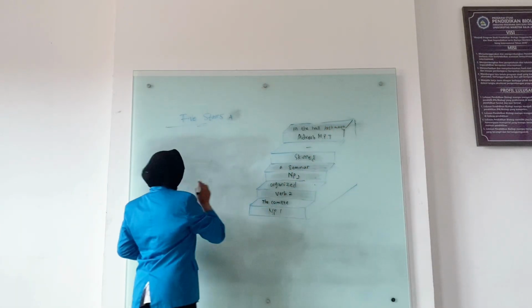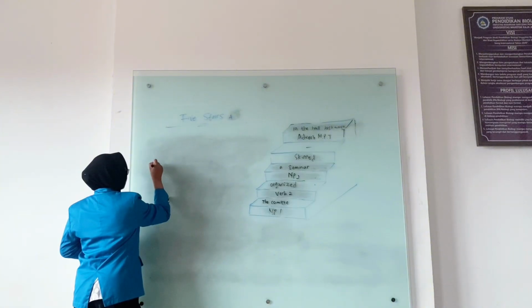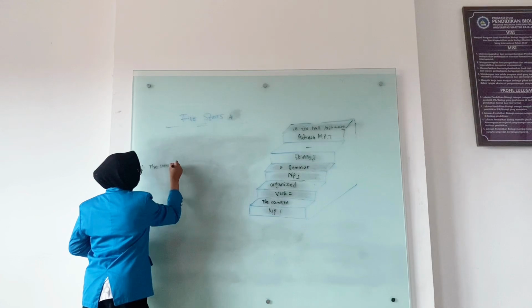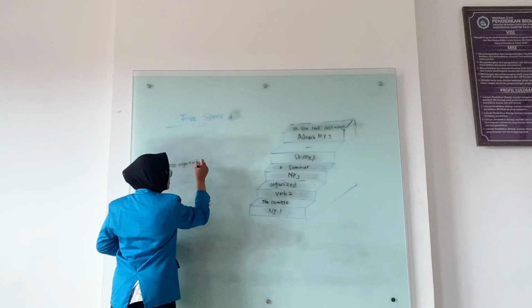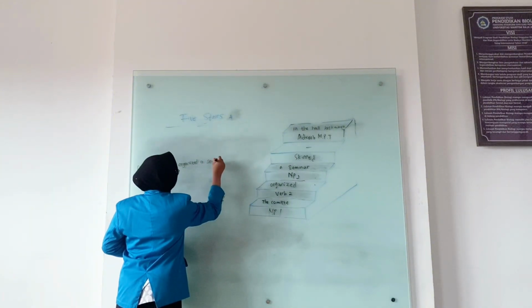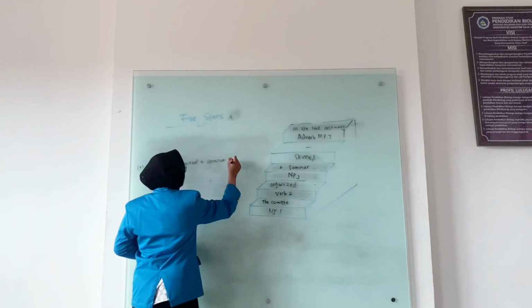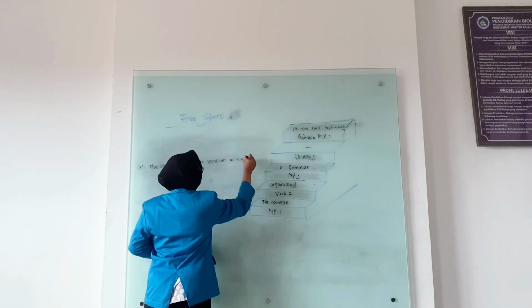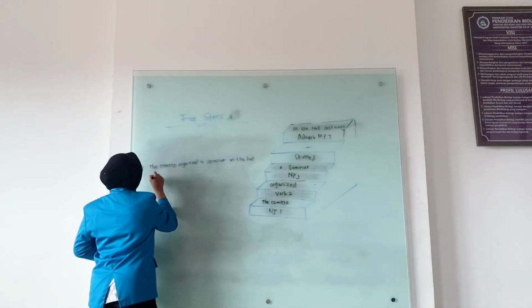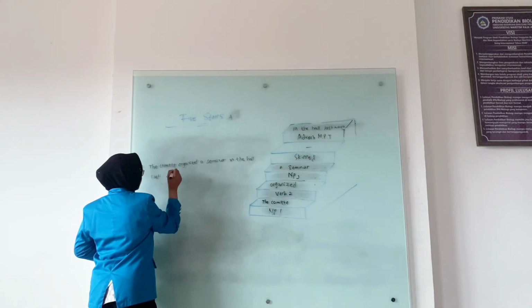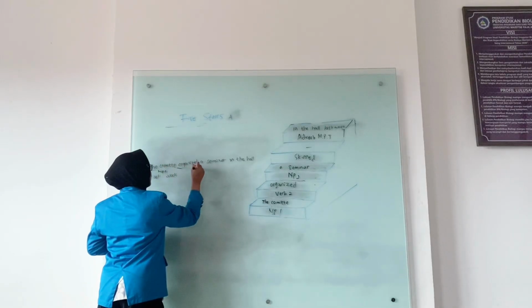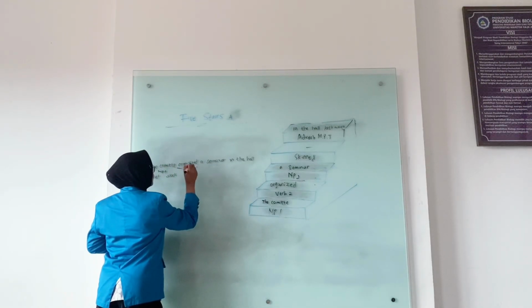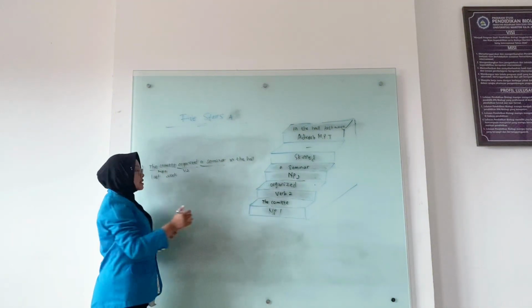So we can write here: the committee, organized, a seminar, in the hall, last week. Alright. The committee is NP1, and then organized is verb 2, and then a seminar is